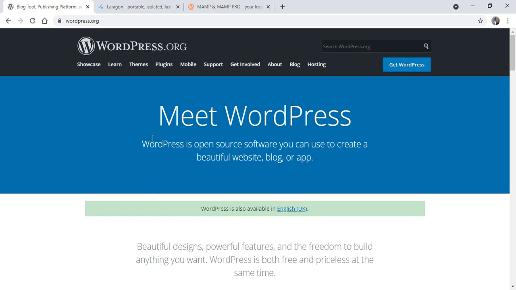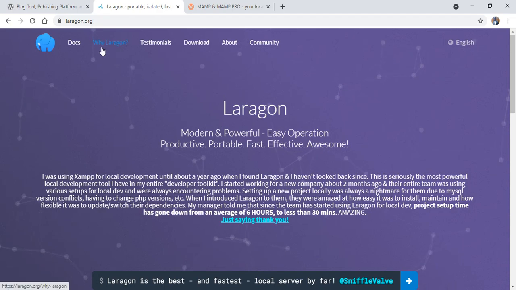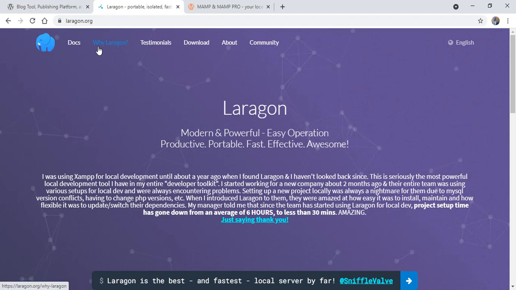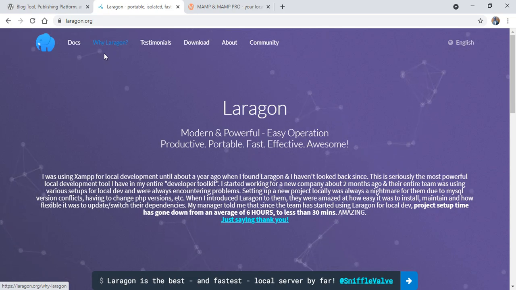So to do that, you head on to Laragon. You remember that I was talking about Laragon in our previous lesson. This is the software that I was talking about, Laragon. This is one of our necessary items, our needed tools to be able to build websites. That's because Laragon is the local server. This is the software that will allow us to build websites without relying on the internet,